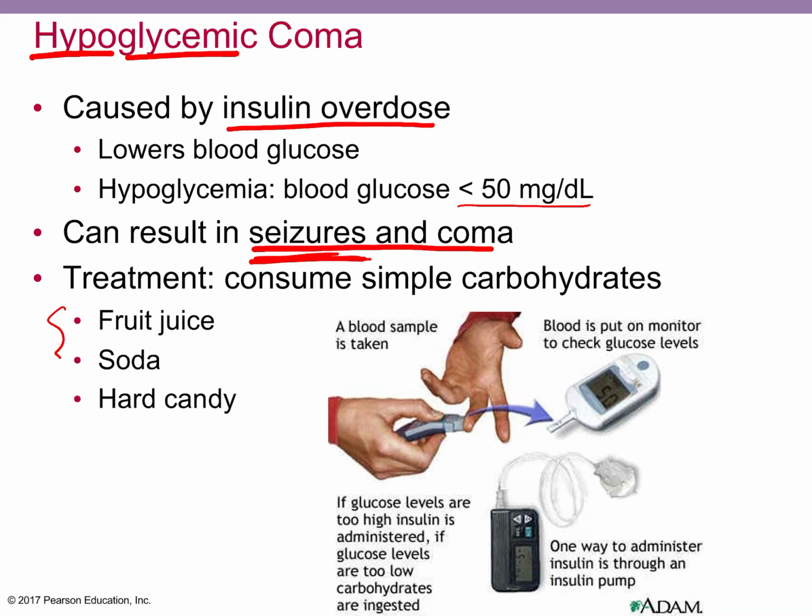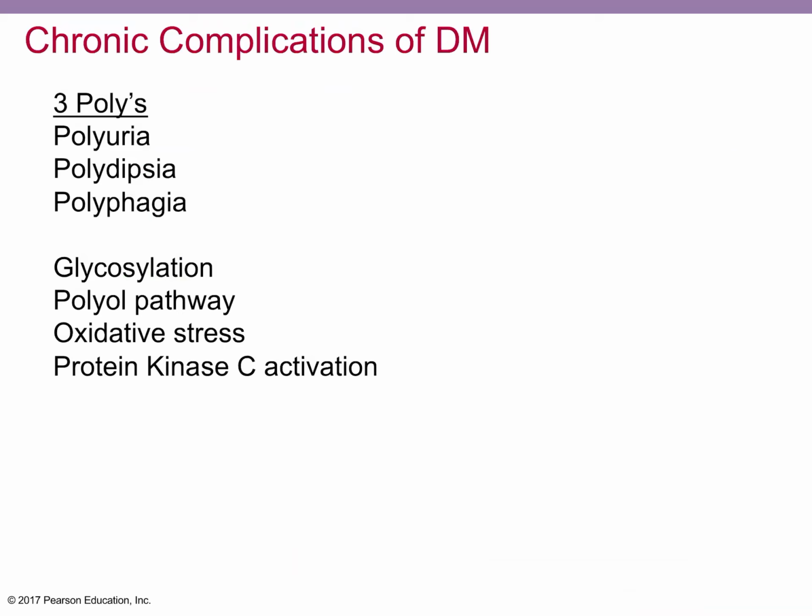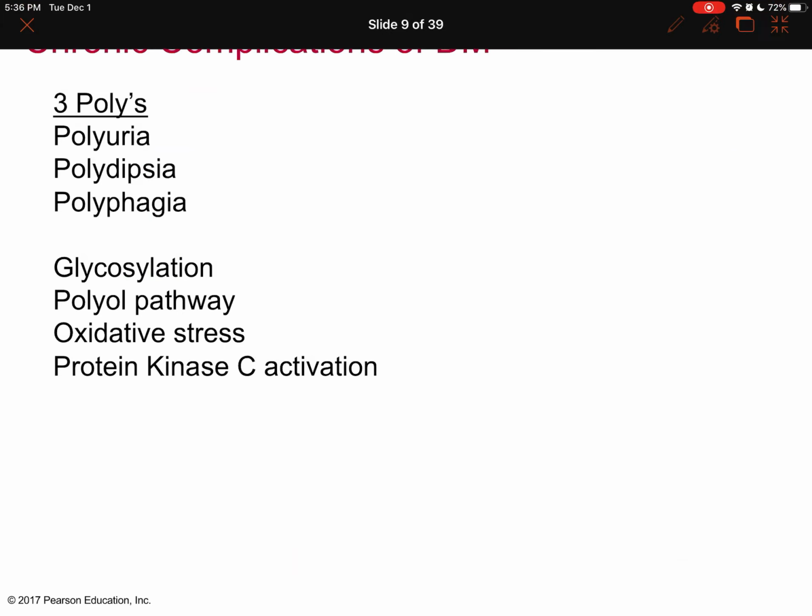And to treat this, right, is to take in some sugar, because you want to balance out that extra insulin load that you put in and then give your body some sugar. So drinking some juice, drinking some soda, eating some candy, just getting some sugar in. And this is just showing you the blood sugar monitor. This is why diabetics always have to check their blood sugar levels several times a day. It's like around their meal to make sure they're not going to go too high or too low. So diabetics have to monitor their blood glucose levels all the time. All right, so let's pause there and we'll start